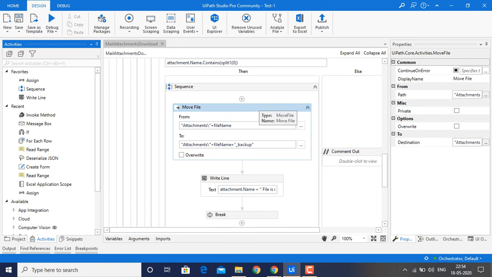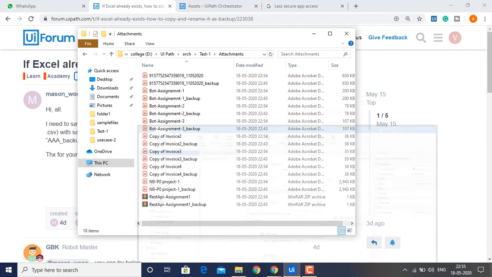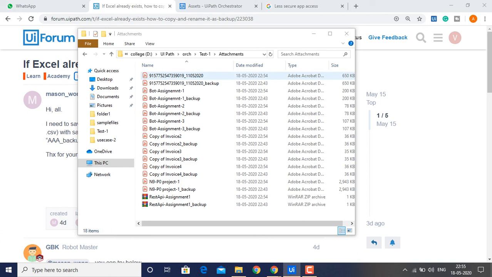Observe, I will get as an output files where files are already available. So see and wait guys for one second. Yeah, my bot is already doing it.